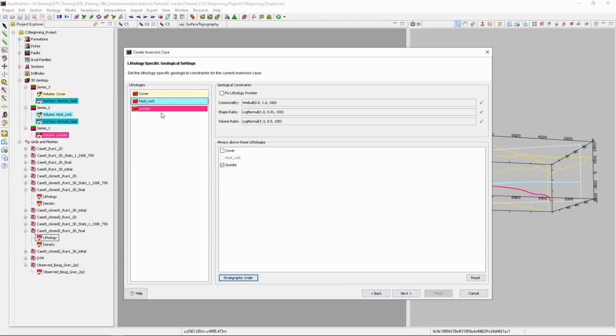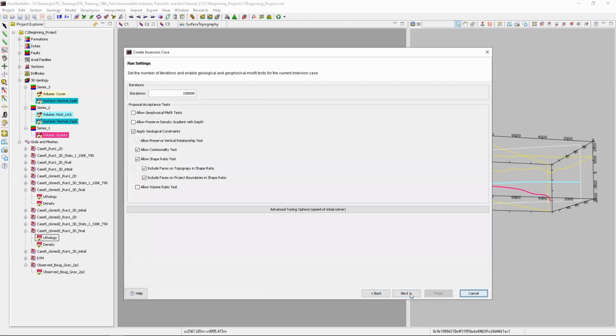This time I have selected the constraint to all of the formations. And now we'll calculate the geophysical misfit. This section is going to allow us to calculate the geophysical response of our model in order to minimize the differences between